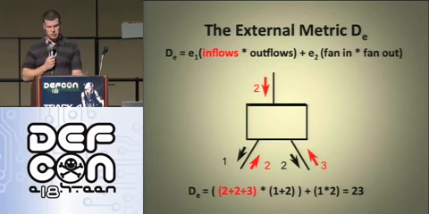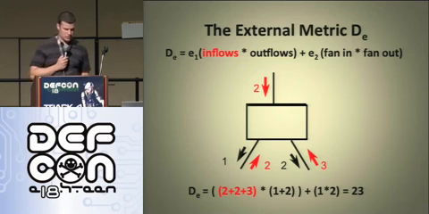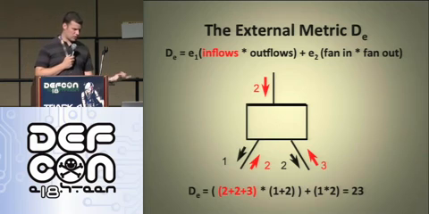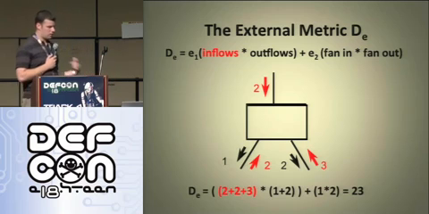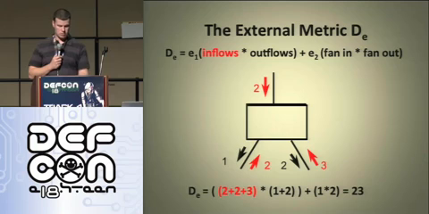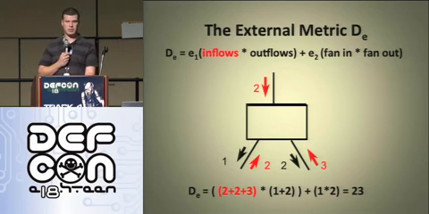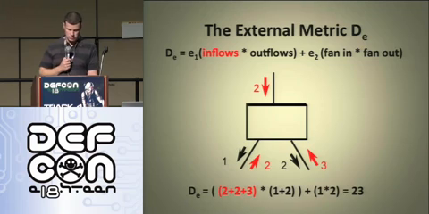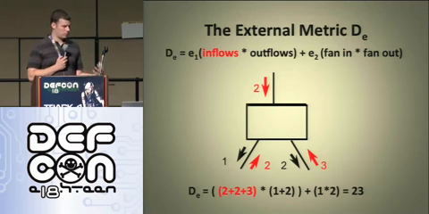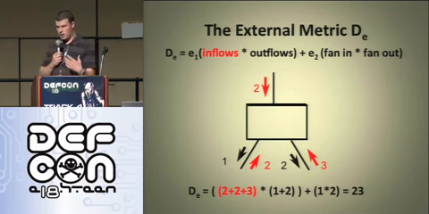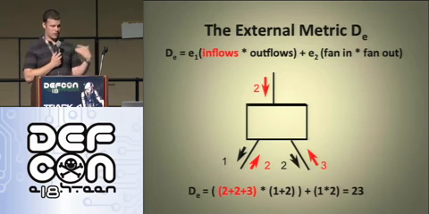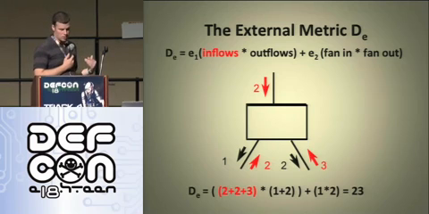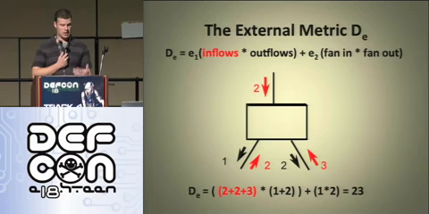So now we're getting into some definitions of our external metric D sub E. You can see D sub E is inflows times outflows plus fan in and fan out. I'm going to go over that nomenclature, so I'm not sure how standard it is. That's what I got from their papers. Inflows is basically any data coming into a module. It doesn't matter, it could be parameter passing, global data, reading a file. Any data coming in is going to be an inflow. So then an outflow is any data coming out of a module. Let's say if your module writes to a file, that would be considered an outflow. Or it could be passing something out. Anything that's coming out of that module is an outflow.